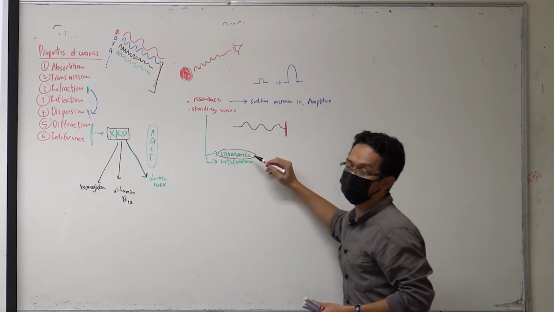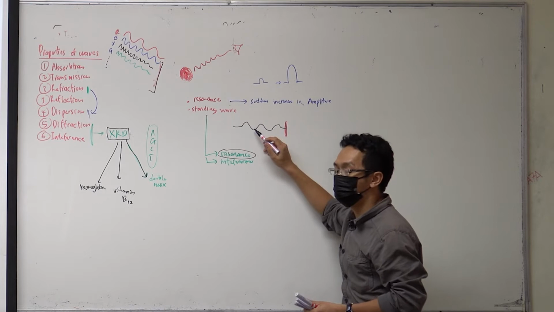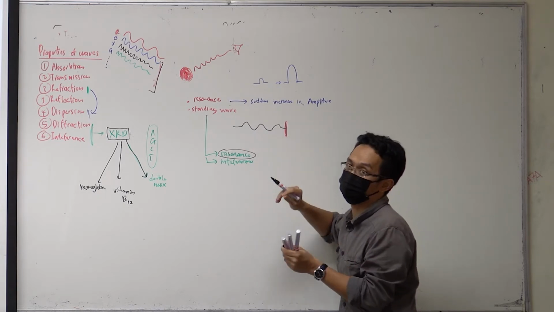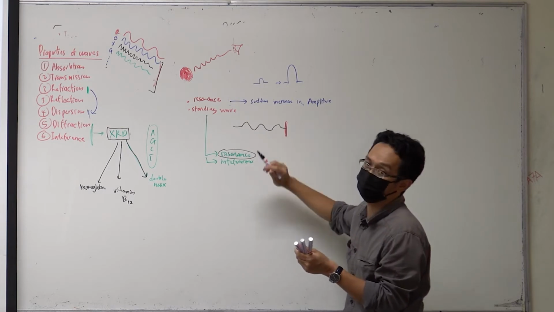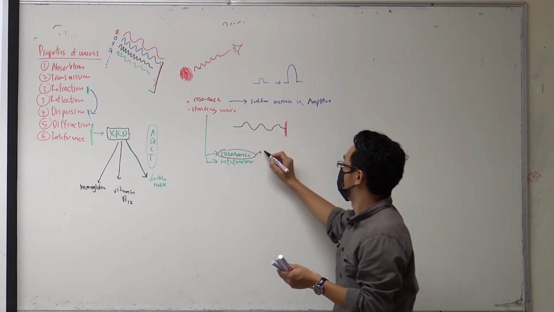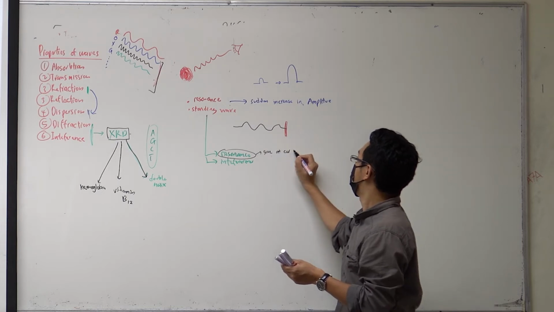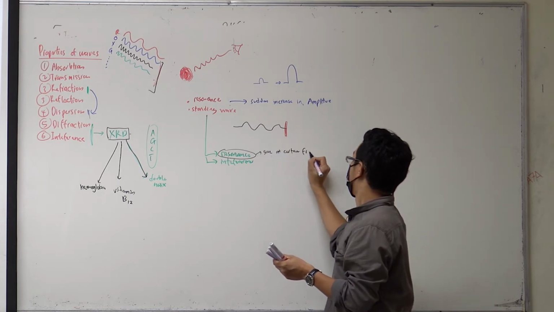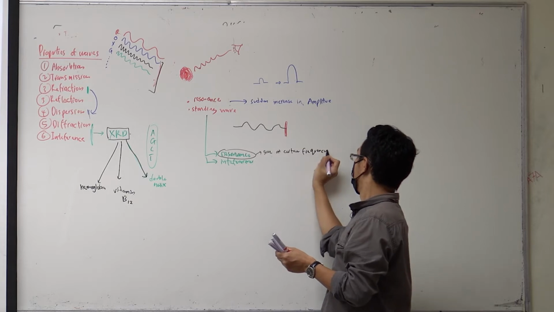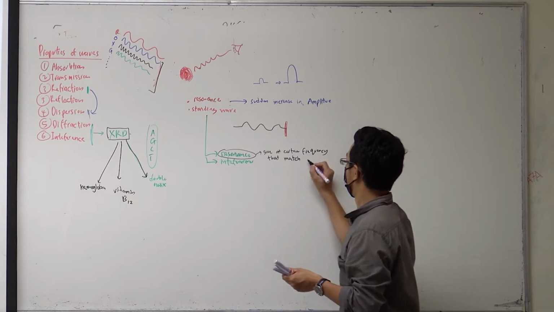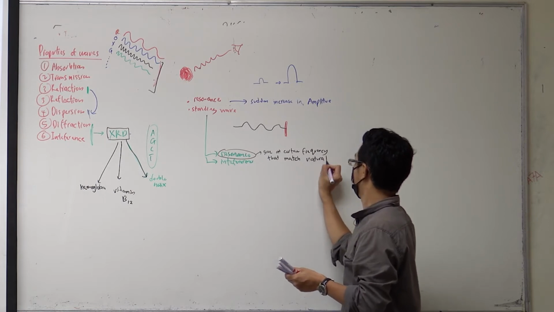So we learned before that you can get standing waves only when you give a certain frequency. It cannot happen with any frequency. So that's why you need to give a certain frequency that matches the natural frequency